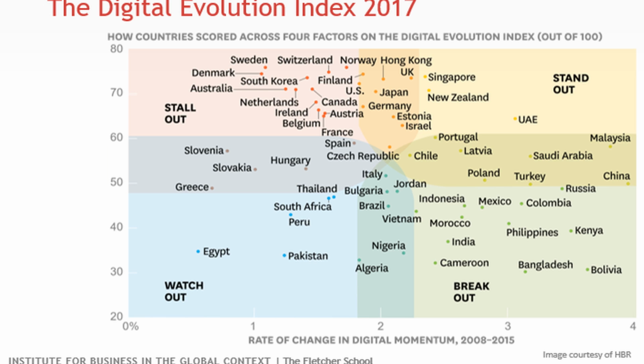And then there are the watch-out countries that are sort of struggling on all fronts. And then the breakout countries, which in many ways are the most exciting corner of this map. And these breakout countries are the ones that attract investor attention, entrepreneurial attention, and an enormous amount of arbitrage attention. And so these are countries that haven't achieved their potential, plenty of headroom, and enormous amount of momentum. And you can see the countries that are there are many countries right in our neighborhood, here in Asia, Southeast Asia, India included, and some in Latin America.